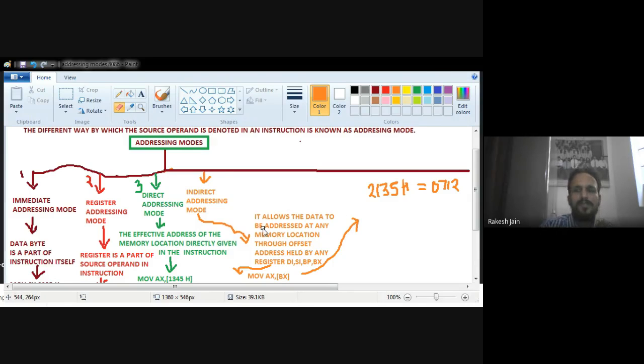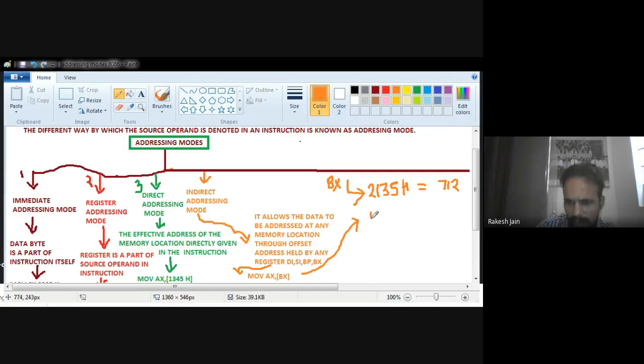So 712 is the data which is held by the address 2135. Now let's suppose BX points to this address, or BX holds the address of this data. BX holds the address 2135.